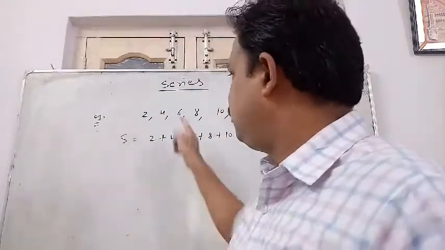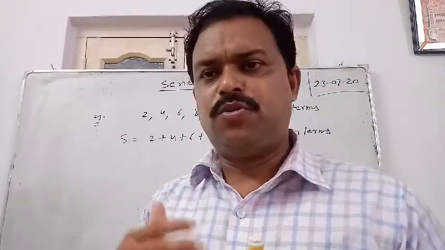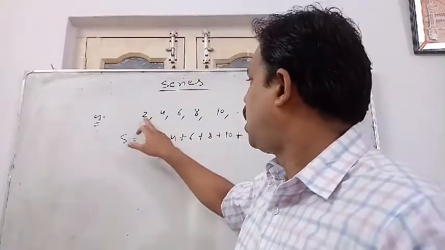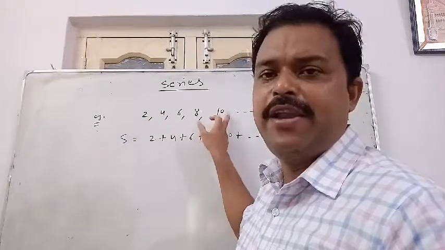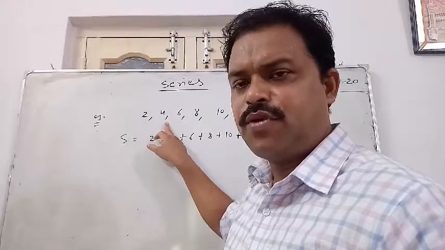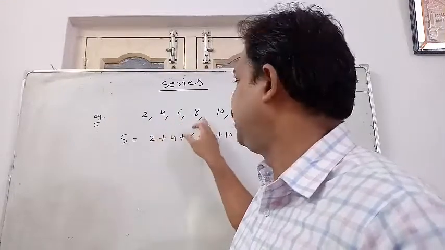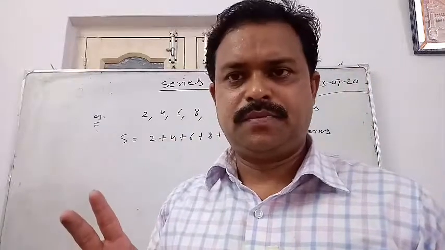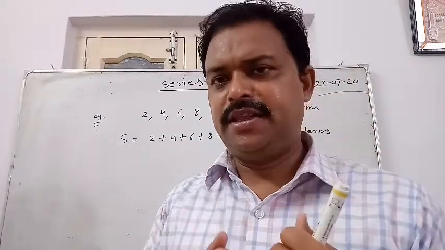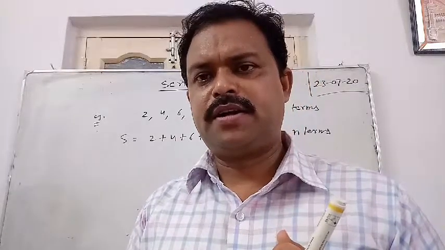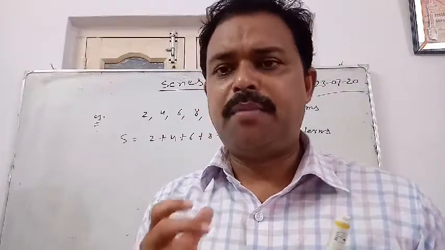In both programs, whether it is to print the series or to calculate the sum of the series, the most important thing is how to bring these values. So after 2, I am getting 4. After 4, I am getting 6. After 6, I am getting 8. So that is the main thing. What is the relation between the values? First thing. Second thing, the most important part in the series is the number of